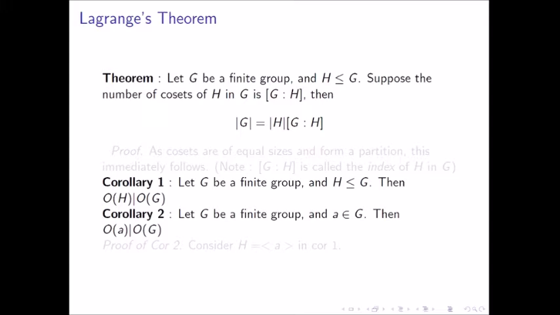I hope you remember the result that the order of any element divides the order of the group. We used some manipulation of the standard proof that the order of an element is well defined in a finite group to derive this result. But now with Lagrange's theorem, this result becomes pretty simple. Just consider the cyclic group generated by a. Its order turns out to be the order of small a. But place this cyclic group in corollary 1, which immediately follows from the theorem.